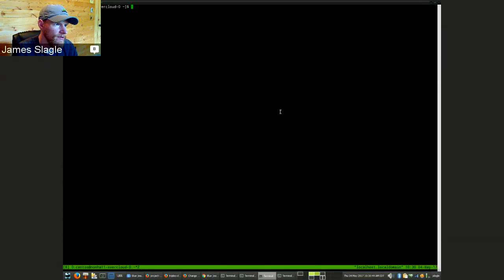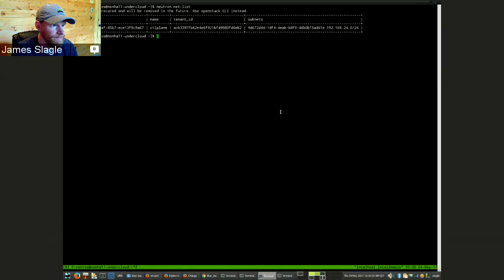Well, when you're using deployed server, the same thing still applies, even though we're not actually doing the node provisioning. We still need a network that we can allocate ports from. And so you can see in this example, I've got a control plane network just as if I was going to use Nova to deploy nodes. And it's associated with the default CIDR of 192.168.24.0, which is the default CIDR we use in TripleO. And I've even got ports allocated